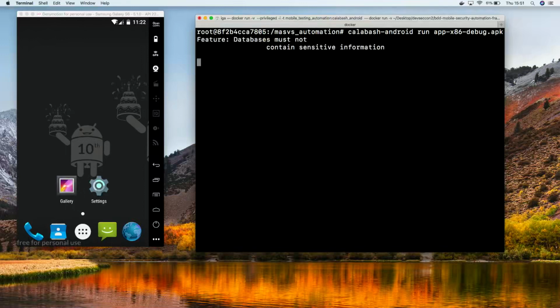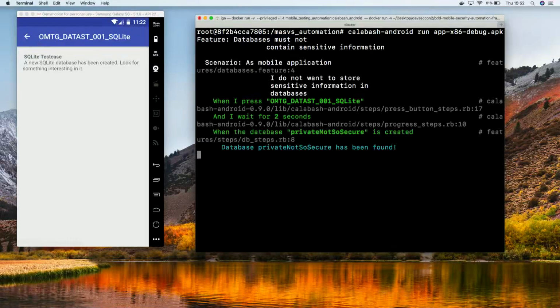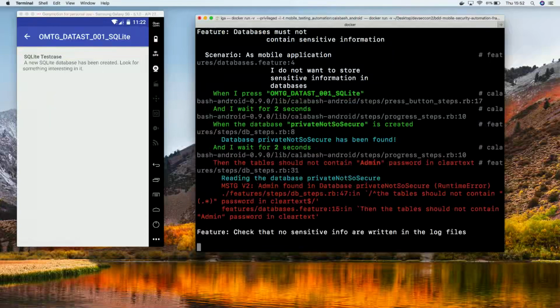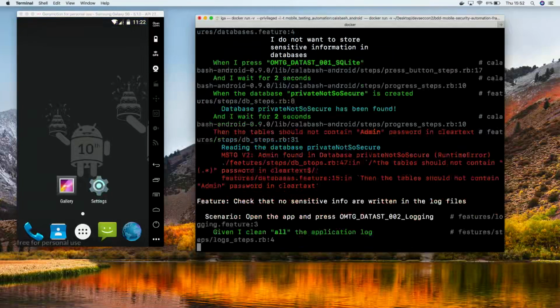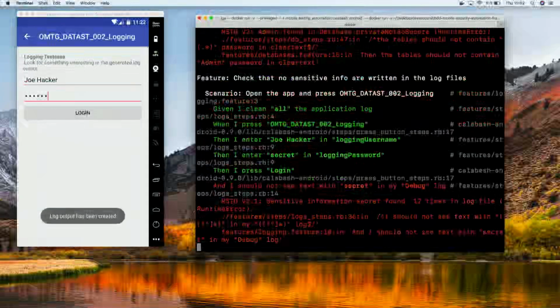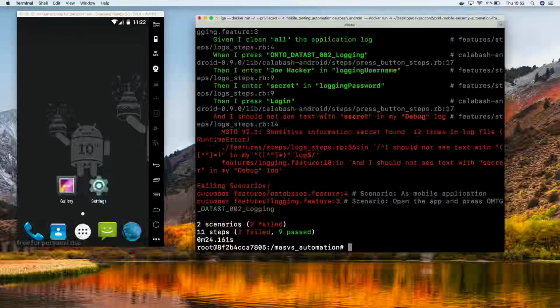So if we run it, our first test is that the database should not contain sensitive information, and in this case, Calabash will spin up the application and click in the interface. Then, as we can see, the test fails because the app stores information in the database. The second test is for sensitive information in the log files, and it fails again because there is information in the log files.